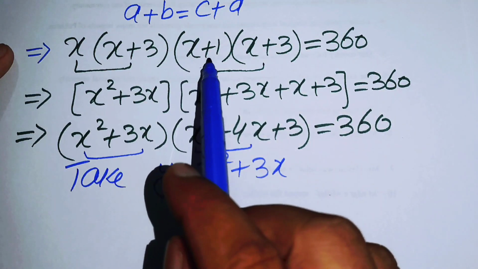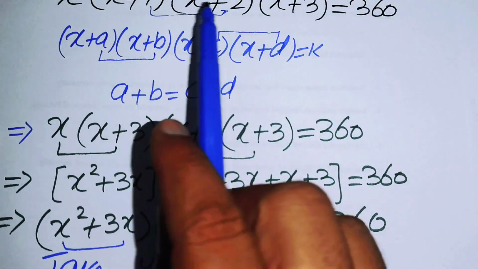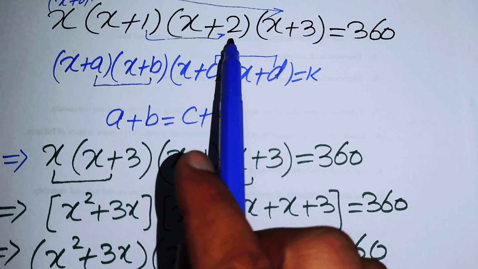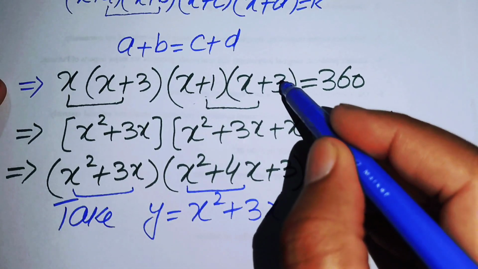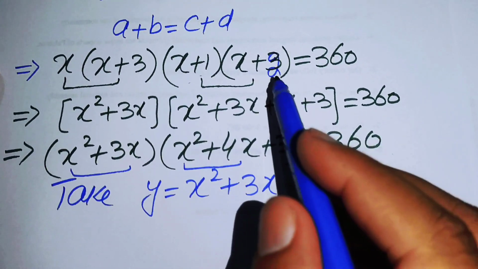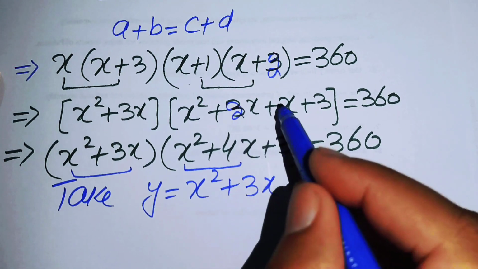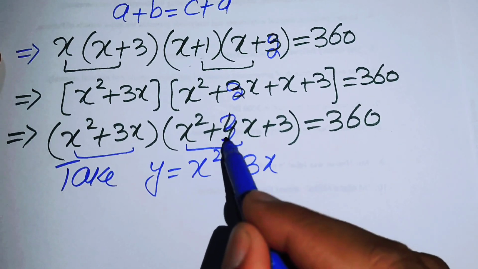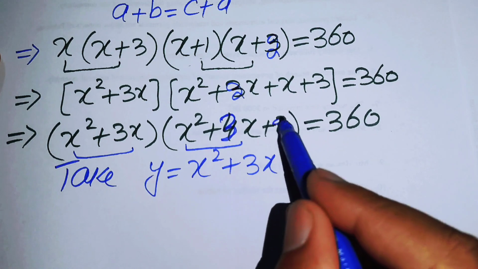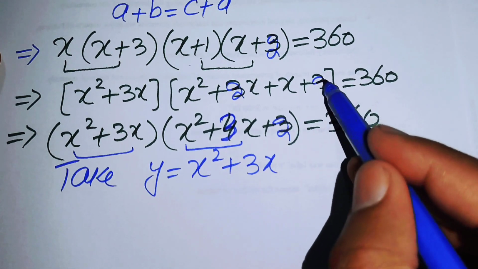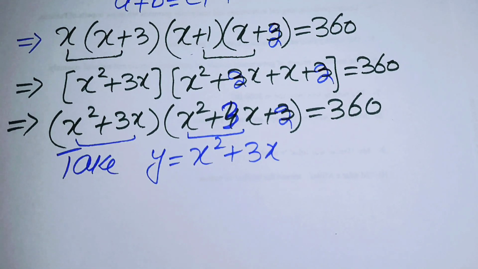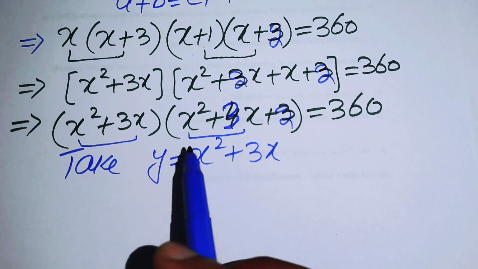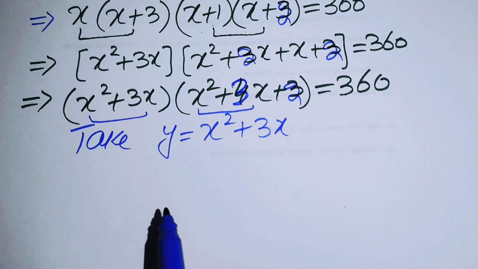Here you have the factors x plus 1 and x plus 2, so when you multiply, you get x squared, and finally 3x plus 2. So this is the value of 2, and now you can put x squared plus 3x equals y,